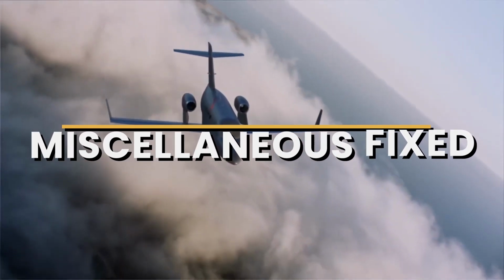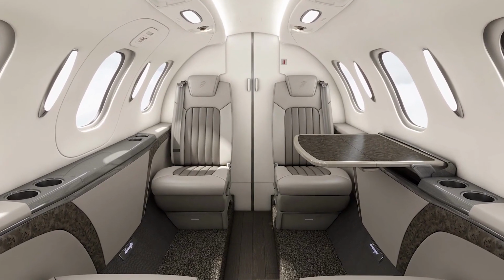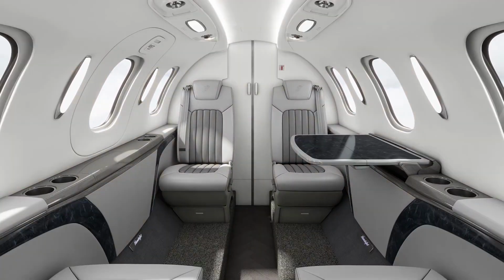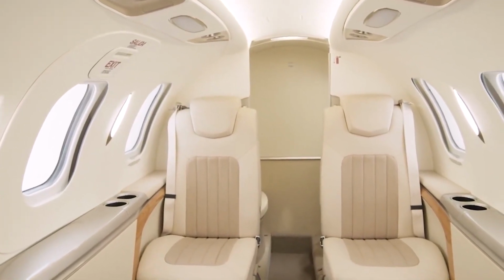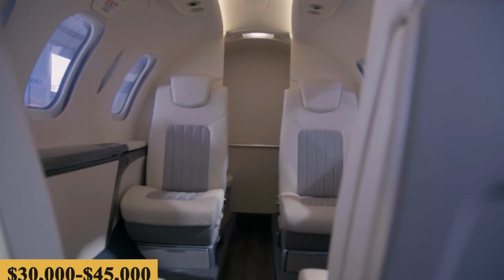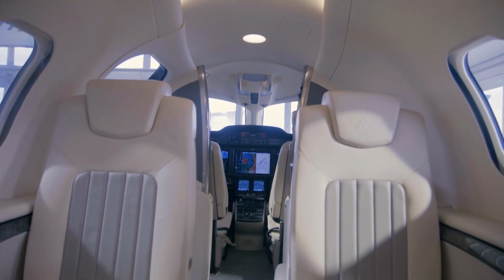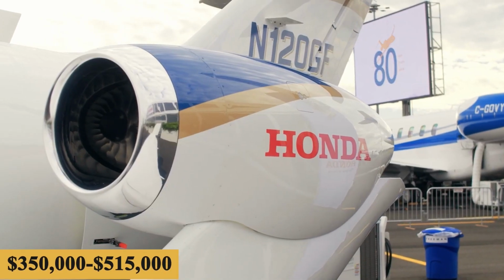The miscellaneous fixed costs are made up of everything that doesn't fit into the above categories. Things such as the fees for charts, software, and computers to manage your aircraft will be in this category. Miscellaneous fixed is estimated at $30,000 to $45,000. In total, the annual cost for the Elite II is estimated at $350,000 to